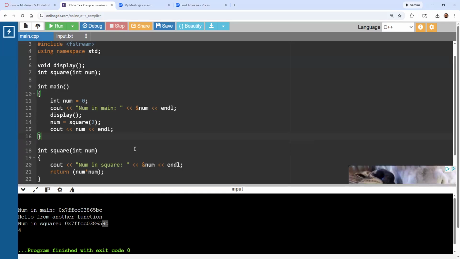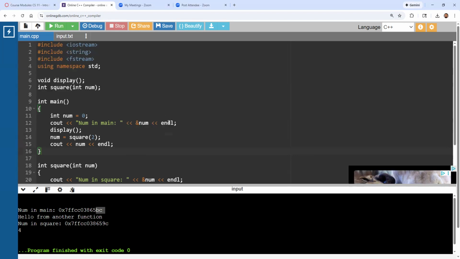Just remember that one, because in a few minutes we'll be passing by reference. Right now, this is called pass by value. And that's what I wanted to highlight. They are different values in each one of those functions because they are local variables. While I'm here,